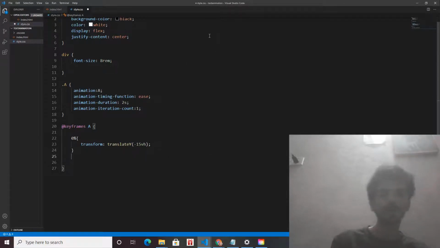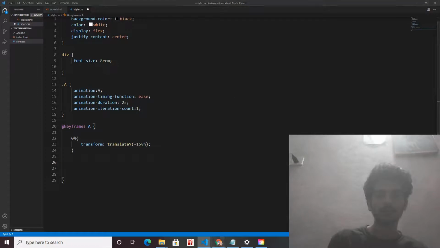Translate means it is going to take that element from the top position to whatever position we align. So in the 0% I am going to translate from minus 15 view height. The minus I have given here means the word.